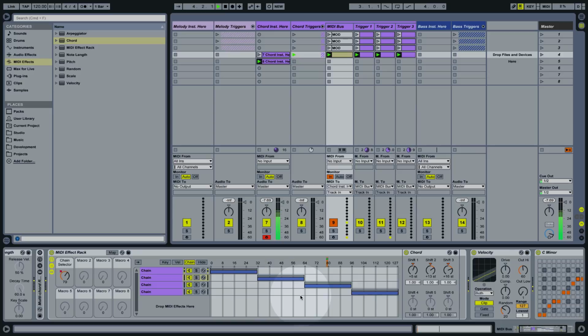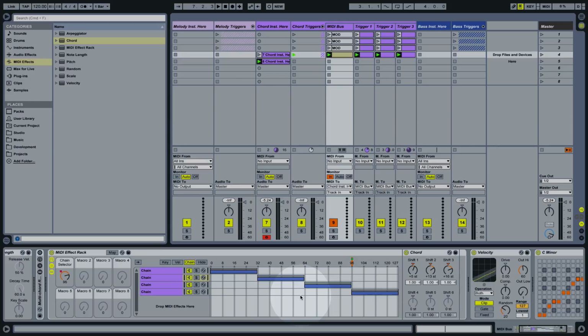So every time a chord triggers, it has a different chord type. So what we've just created is called a dummy clip. If you're not familiar with the concept, it's where we use a bus track like we have here to apply modulation to an effect independently of the signal that passes through the bus. You can set up this sort of thing with audio effects as well to get some pretty crazy results, but